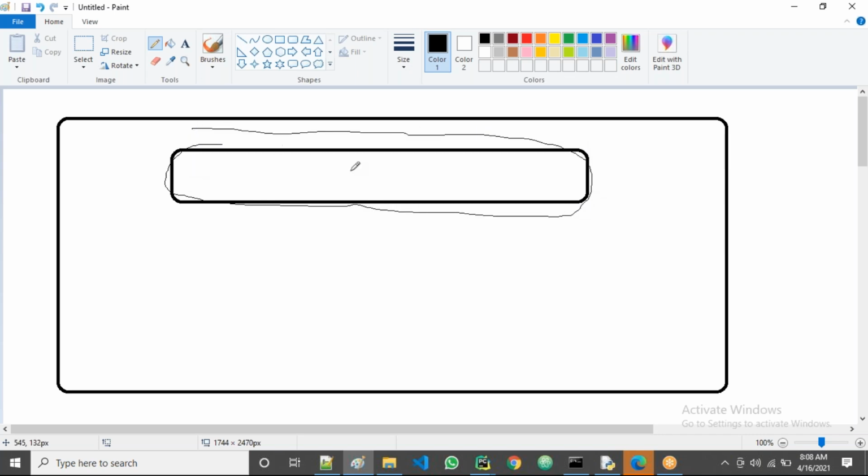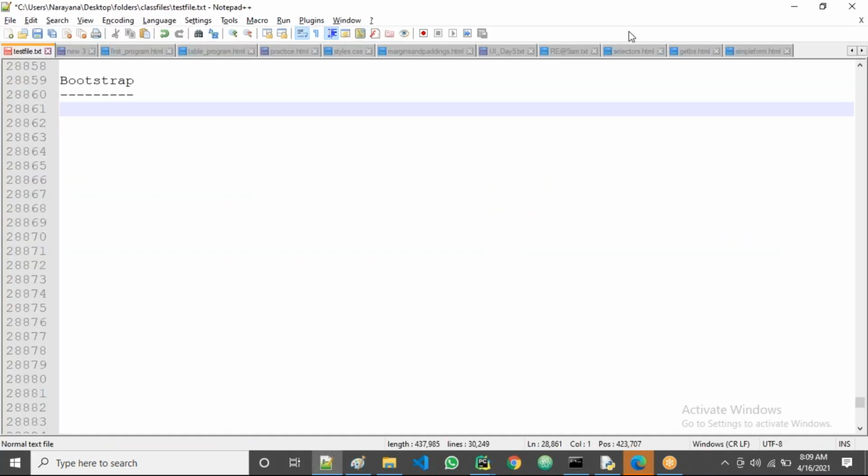This area we create by Jumbotron, guys. All clear, right? So Jumbotron is mainly used to highlight some area to get special attention. And in the Jumbotron, we can write titles or any content, or you can take images also. We can take anything there, but mainly it's used for titles or headings. Okay, let us see now how to use the Jumbotron.